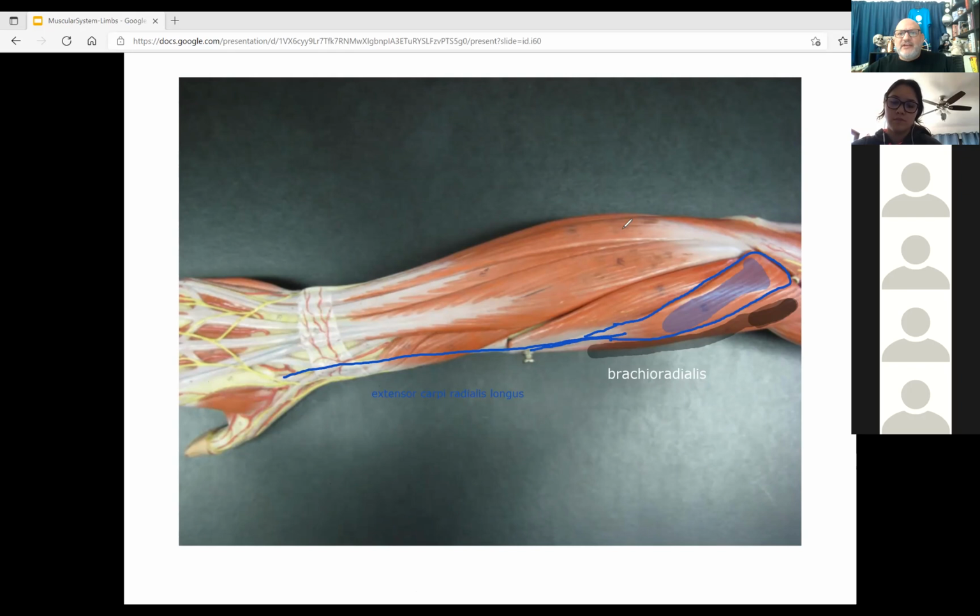Now, anytime we have a longus of something, guess what else we have? A shortest, or in this case, a brevis. And so not surprisingly, right next to it is the extensor carpi radialis brevis. Now, technically, do we care? No, but it's a good landmark that we can use, because once we come across that landmark, notice we see another muscle,